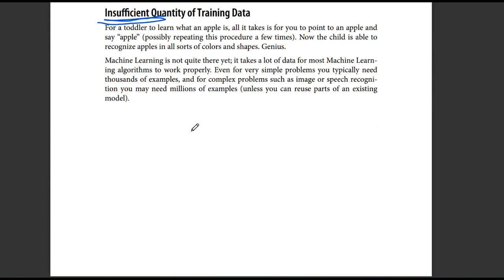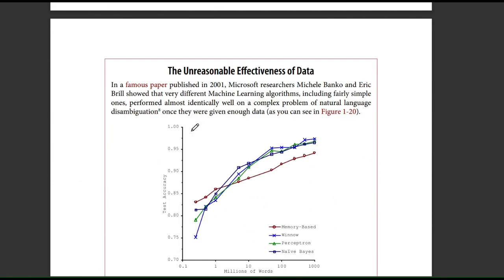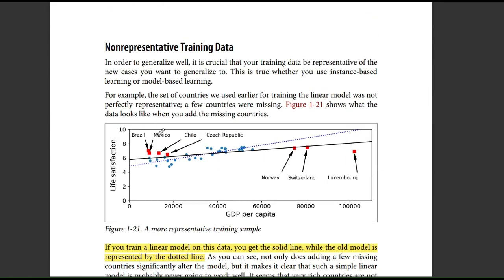This is how machine learning should work, wherein you provide a lot of images, a lot of training data on which it should learn, and sometimes we might have insufficient quantity, which means the algorithm requires some more data to learn. We do not have that much data to provide for the algorithm to learn. That is one of the challenges of machine learning: bad data, insufficient quantity of data.